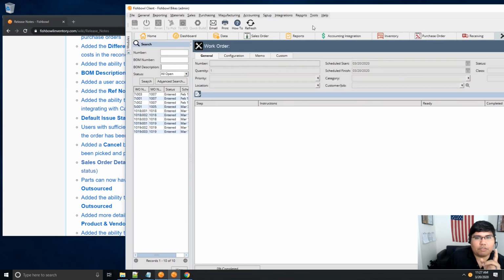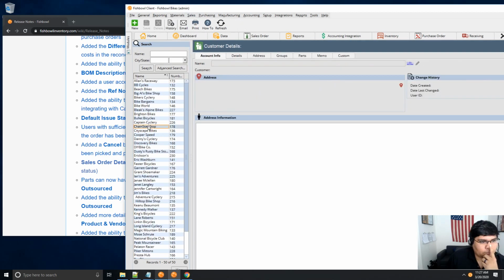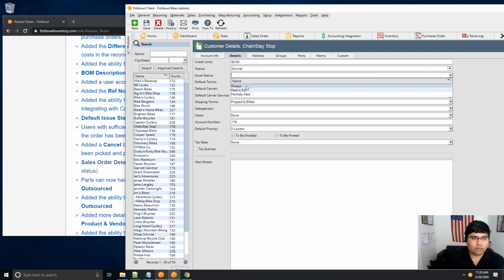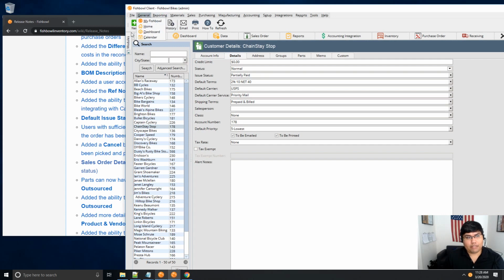Okay, so this was a feature that was added some months ago, where if you go to the details for a customer and you've got an issue status, you see the arrow, and what that'll do is influence the behavior of the order, to allow the issue always, or only when the issue was paid in full, or only when the issue is partially paid, or partially paid in full and full, right? So now what would happen is people would kind of forget about that. So when you hit the new,